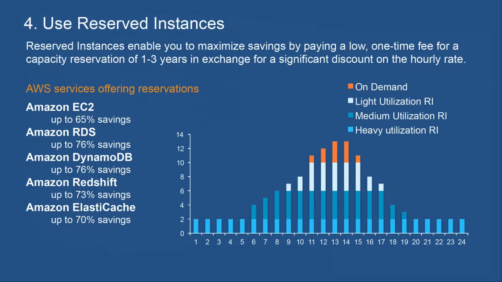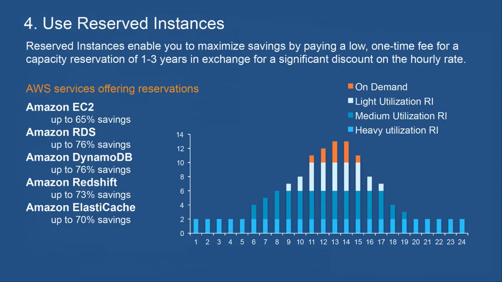And they don't have to be utilised 100% of the day. There's several different bands there that you can see. Heavy utilisation RIs are intended for workloads that are active 24 hours a day. Medium utilisation are intended for workloads that are active over 60% of the day. And light utilisation are intended for workloads that are active, say, 30 to 60% of the day. So you can blend those different RI types together, pay variable amounts up front for the different utilisation levels, but in any event, your hourly costs will be reduced in return for that upfront payment.